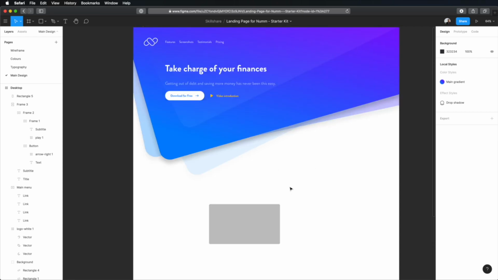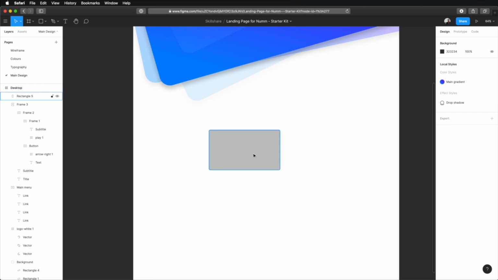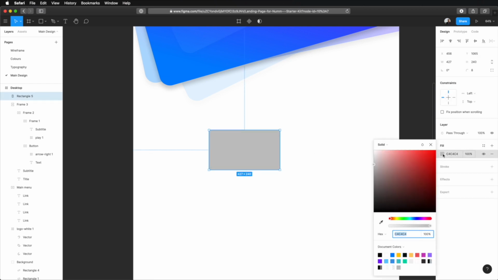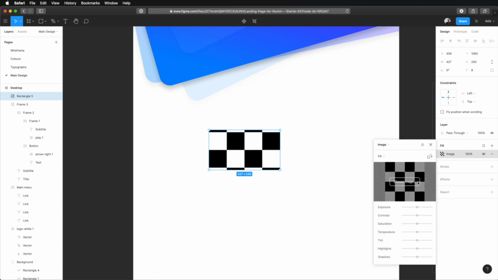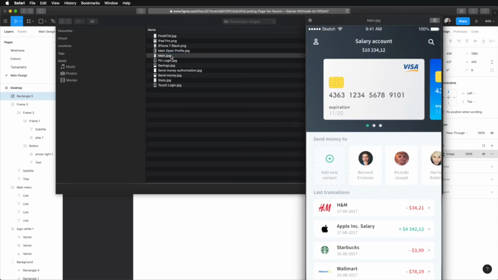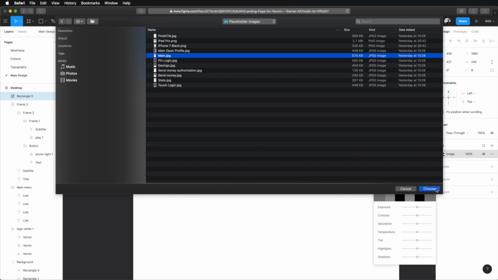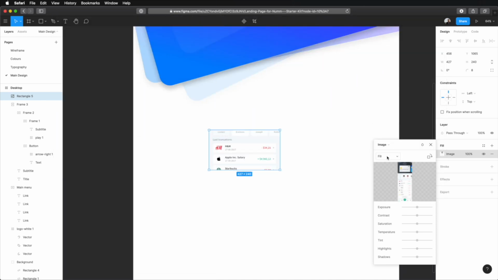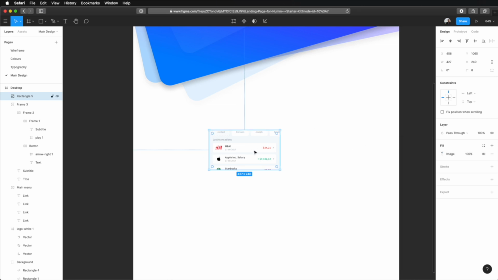So with this selected, what I can do now is click it, and under Fill, select Image, choose Image, and I can open my landing page starter kit, go to Placeholder Images, and I can choose any of the images from this UI kit. So let's choose Main. Here you have several options for how the image behaves. You can choose between Fill, Fit, Crop, and Tile. In my case, I'm just going to leave it on Fill. And then I'm going to select this, and I'm going to add a drop shadow,